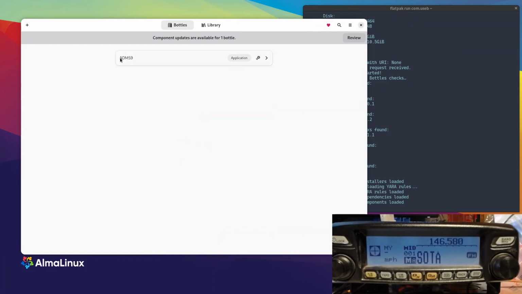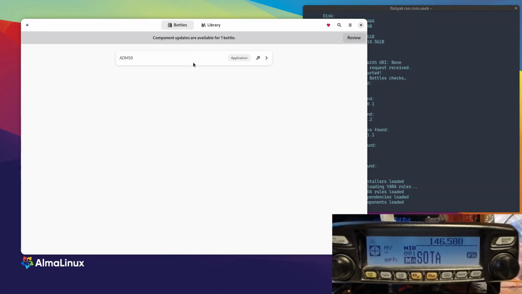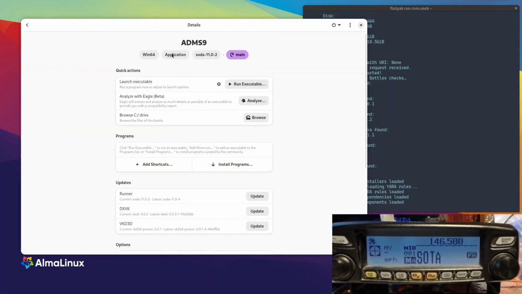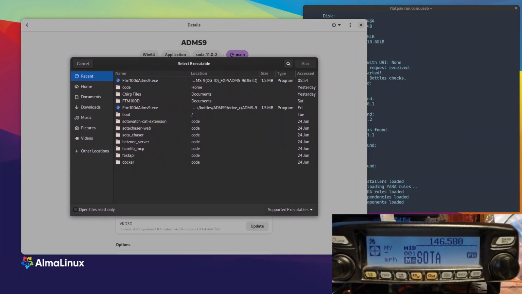You can see my ADMS9 bottle. If I had more than one application set up, then I'd have those, but this is the one I have. Click anywhere on that item, and I've got a lot of quick actions here. So far I've just been running this executable. I'm sure I could actually just add a shortcut. I haven't necessarily tried that yet, but if I click run executable, I get to choose from my list of